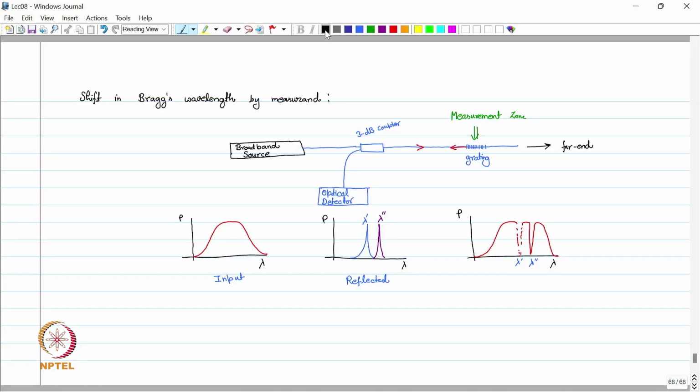Now if we plot the relation between the reflected wavelength and the actual temperature. So this is the temperature, and on y axis we have the wavelength shift. This Bragg's grating based sensor gives quite a linear response with